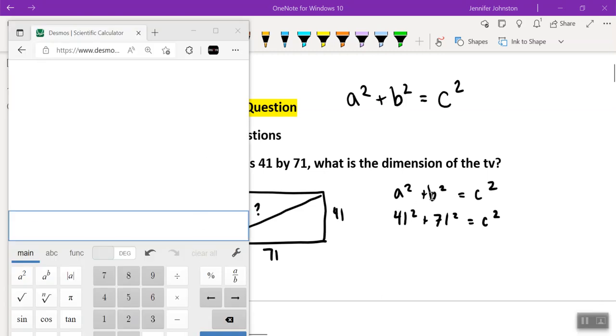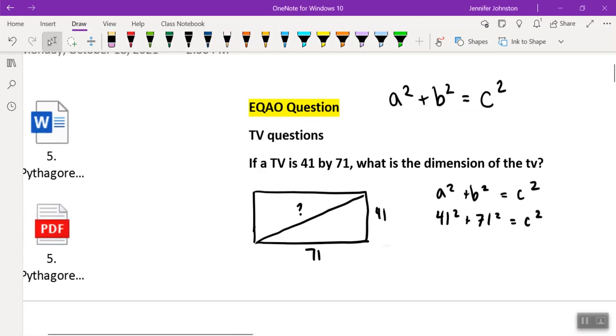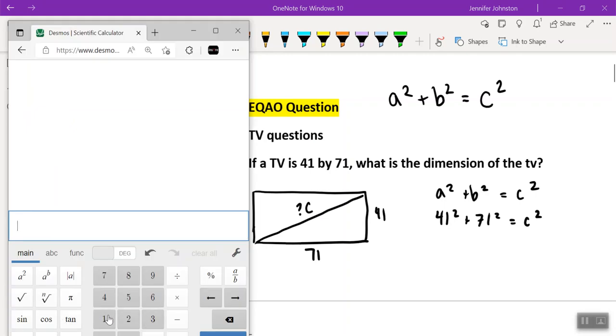Alright, hopefully you have a squared plus b squared equals c squared written down. Your 41 squared goes in either your a or b, it doesn't matter which way it goes, as long as your c squared is your longest side. So c will be our longest side, the hypotenuse. We've done questions like this, but not in too much detail. We have 41 squared plus 71 to the power of 2 is equal to,